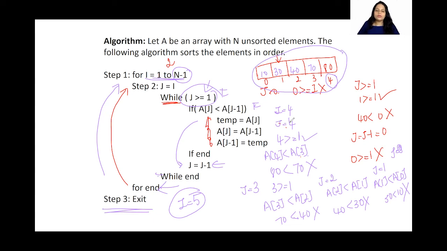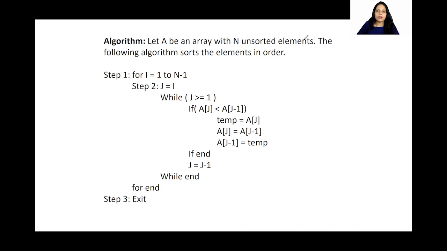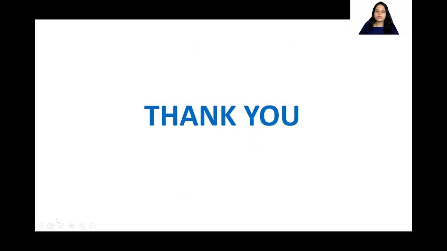So after you watch this video, take a book and try to go through the code by yourself, taking an example, okay? Go through each and every step and go through each and every condition. You will understand in a much better way, okay? So that is how you're going to learn this code. It might look a little confusing, but when you do it by yourself, it is going to be easy, right? So this is all about insertion sort.